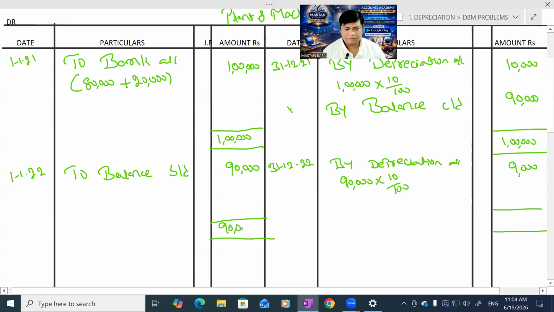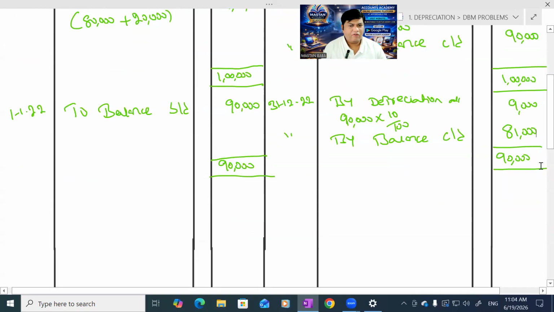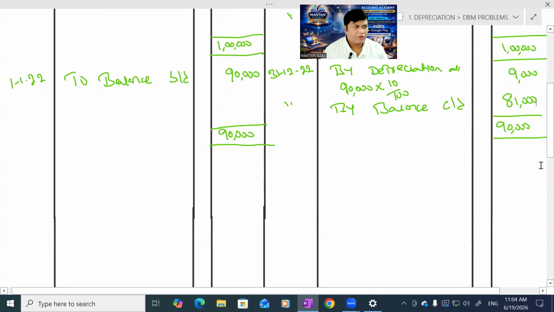Here, 90,000. 90,000 minus 9,000, calculate it. 90 minus 9 will get 81,000. By balance carried down 81,000 rupees. Next, on 1/1/2023,